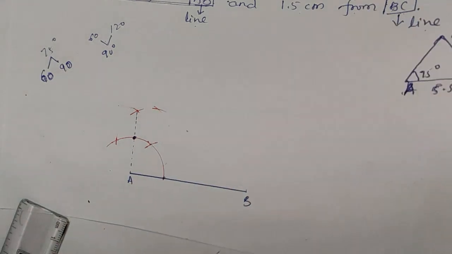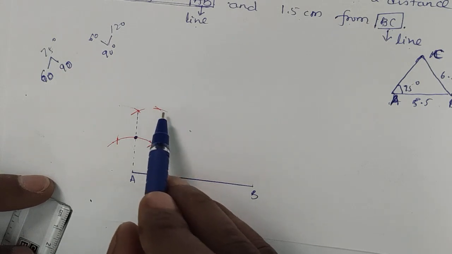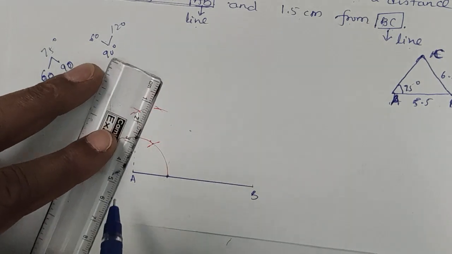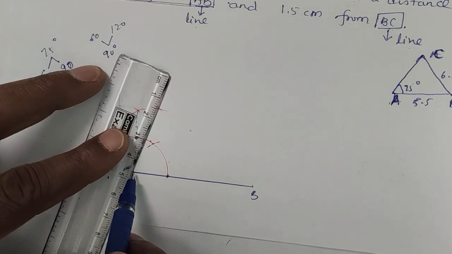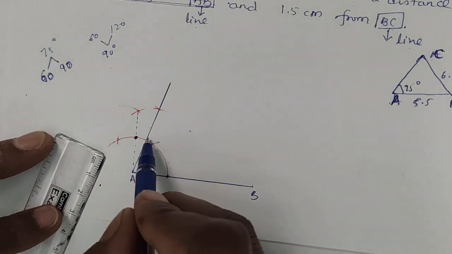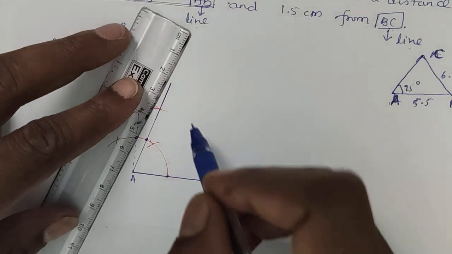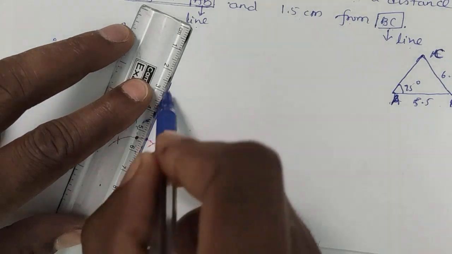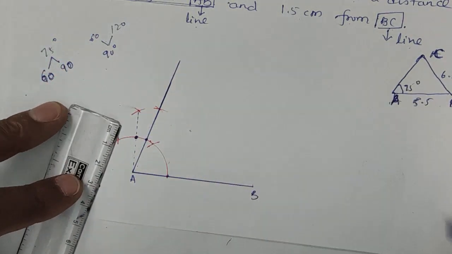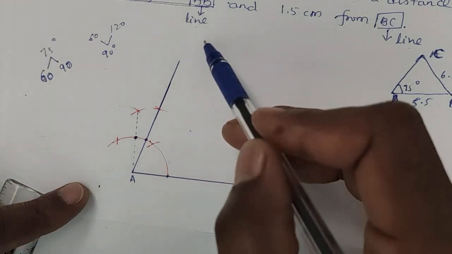Then we get two arcs joining, right? This is not 75 degree; again I tell you, these are 75 degree arcs. That's it. When we join to A like this, this becomes 75 degree. This angle is taken as 75 degree. Then extend this line. Because the required was 75, so the required 75, make it in dark.